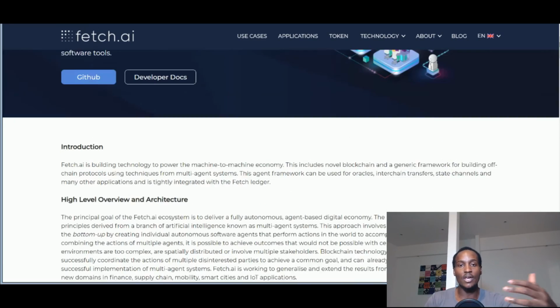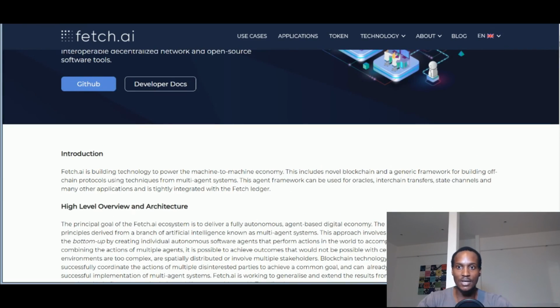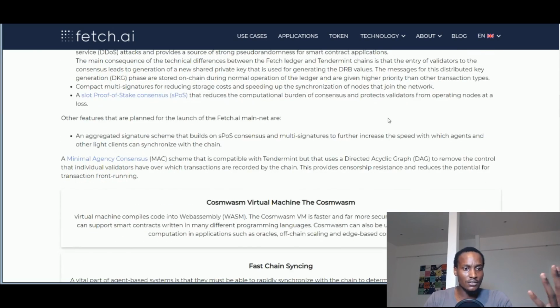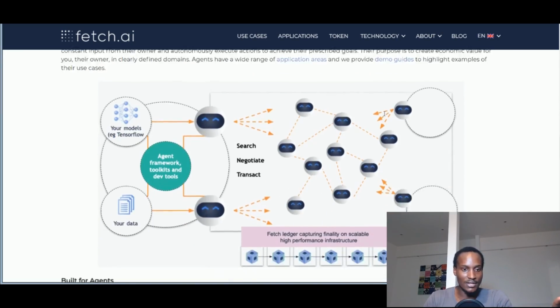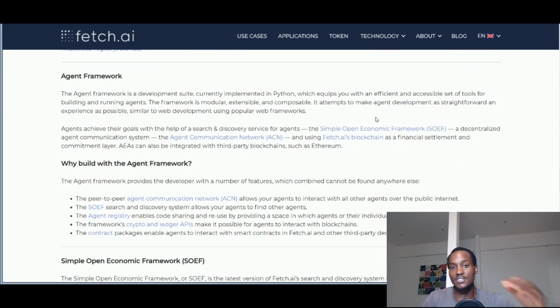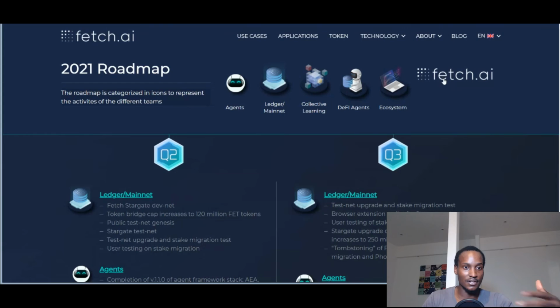But essentially, it's to help with the random number generation. And you all know that getting random numbers is such a complicated thing. So the fact that they've built that, and that it helps with security and some other things, you can find it on this webpage. I can't find it right now. It essentially summarizes the whole Fetch.ai ecosystem on that page that I just mentioned.